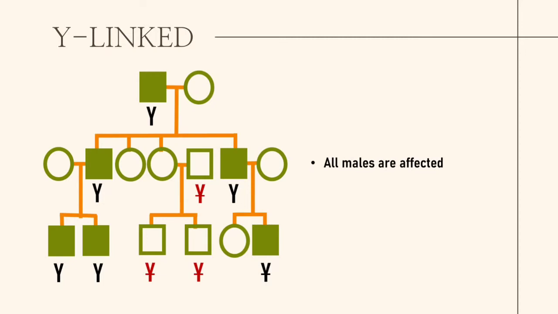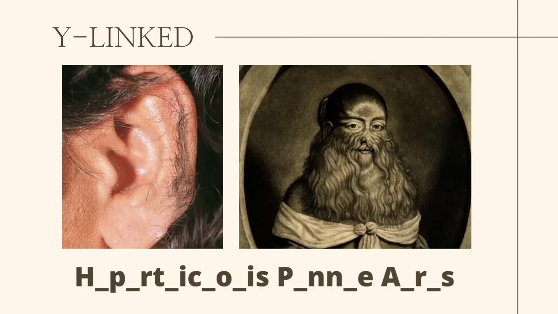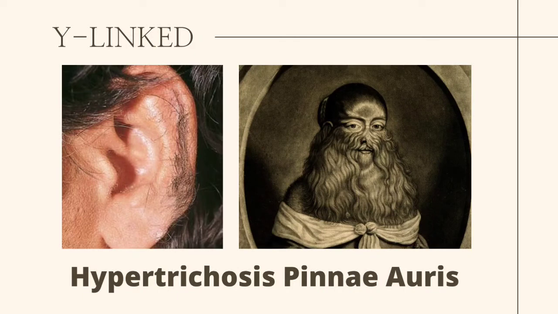So, doon nagmamanifest yung Y-link diseases or Y-link syndromes natin. Okay? Next tayo. So, we have here an example for the Y-link. Okay? So, this one is hypertrichosis pinnae auris. Okay? So, ano nga ba itong hypertrichosis pinnae auris na to? Okay? So, in here, as you can see,